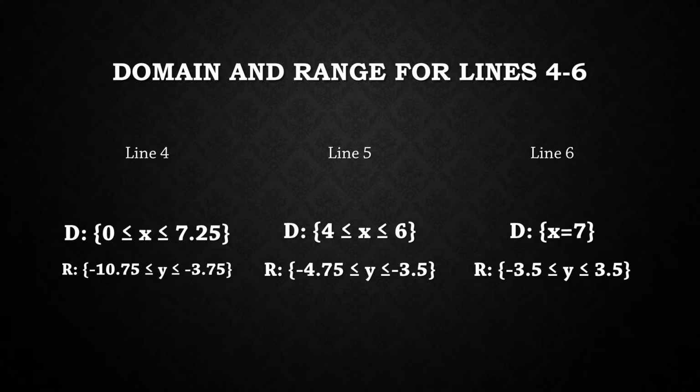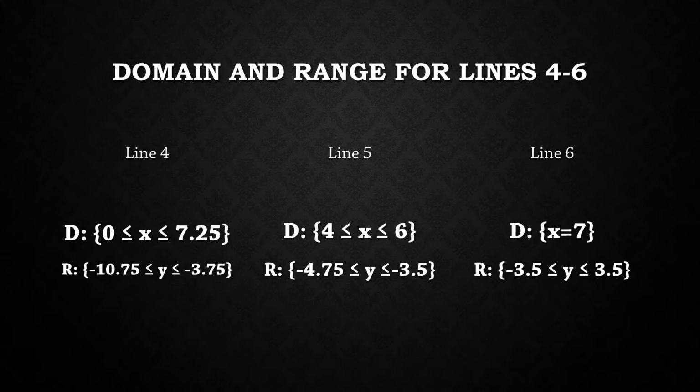These are the domain and ranges for lines 4 through 6. The domain for line 4 is 0 is less than or equal to x is less than or equal to 7.25, because, as I've explained before, 0 is the least x value and 7.25 is the greatest. The range for line 4 is negative 10.75 is less than or equal to y is less than or equal to negative 3.75, and as I'll explain for the last time, negative 10.75 is the least y value and negative